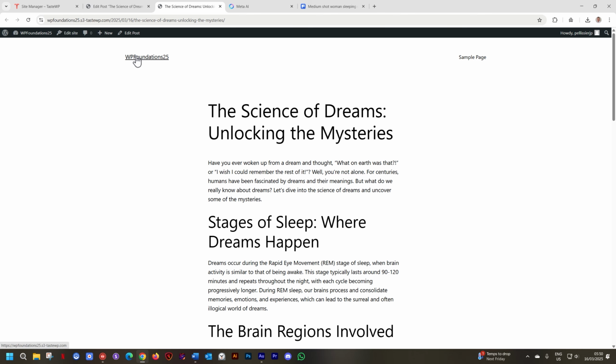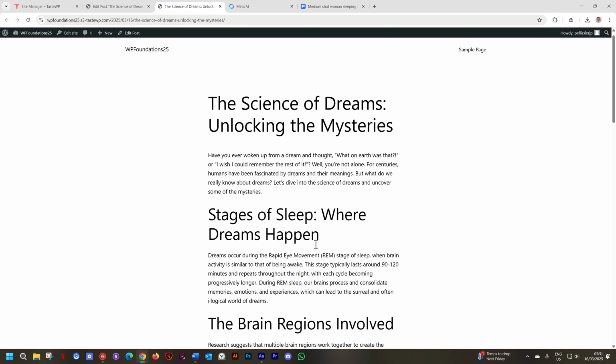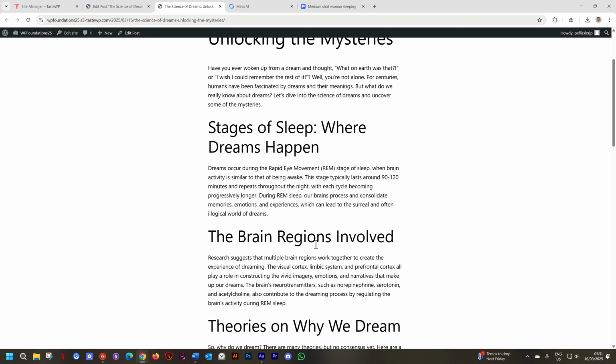But if you look up here from WP Foundations to where it says sample page, from that left all the way to this right is around 1,200 pixels. So what I'm telling you is that the image I'm going to bring in here shouldn't be bigger than 750 pixels because my content here is squeezed to 750 pixels.